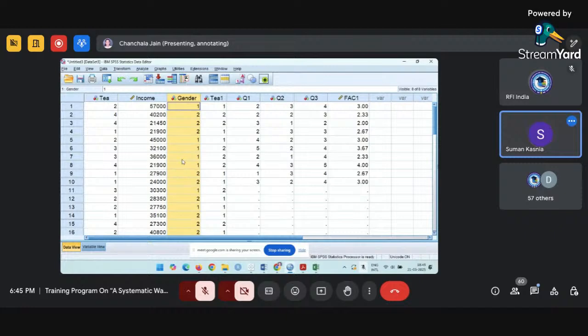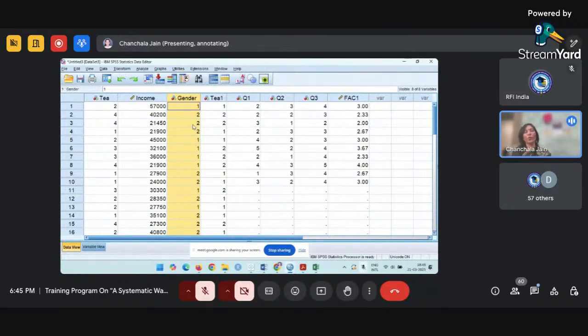Independent T-test. Very correct. Because we have two groups or two samples available: a male respondent sample and a female respondent sample. Both samples are independent of each other, right? And we want to make a comparison between them. So when you are comparing two groups which are independent in nature, you use the independent samples T-test,